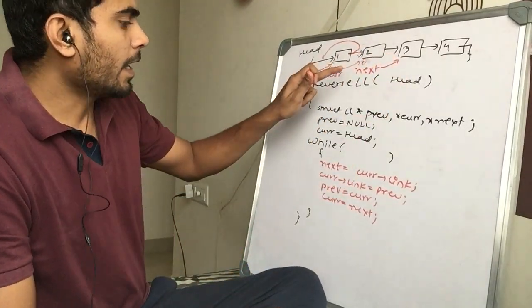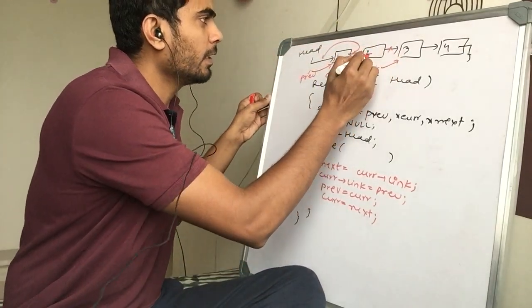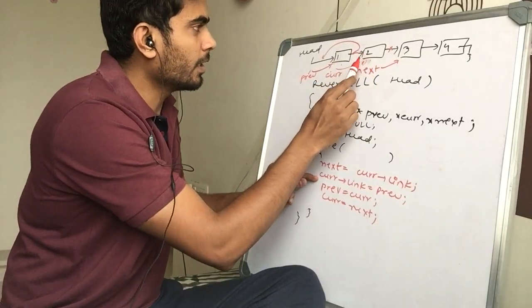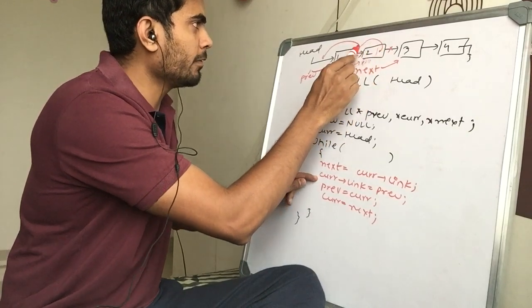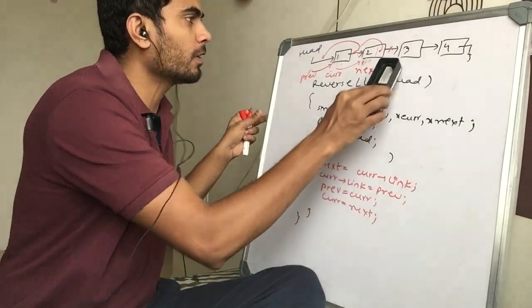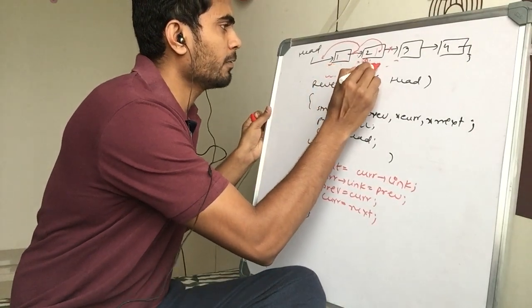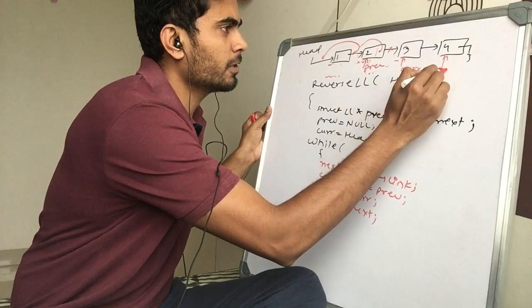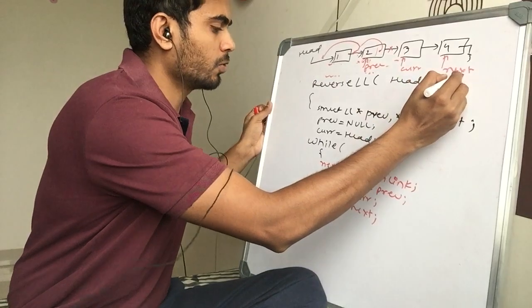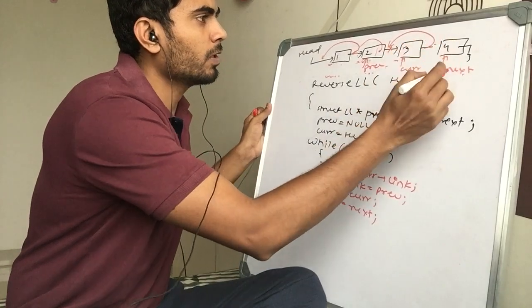Now in the next iteration, next will be here, and we have control over current's link. Now we can break this link, and this is our current's link, this is our current, right? Current's link, that is this part, should be set to previous, this node. So we set to this, and now we can again move further, just reassigning. So this is previous, this is current, and this is next. Now in the third iteration, we are setting next to this node, we are setting current's link to previous, and now this link is broken and this is next.